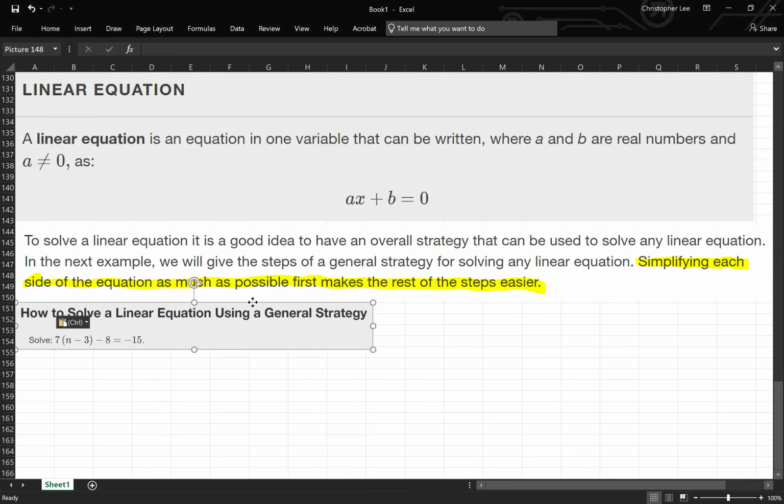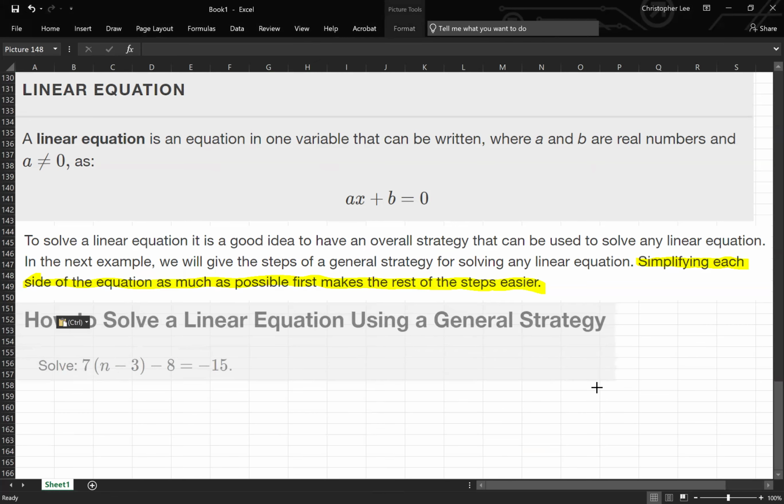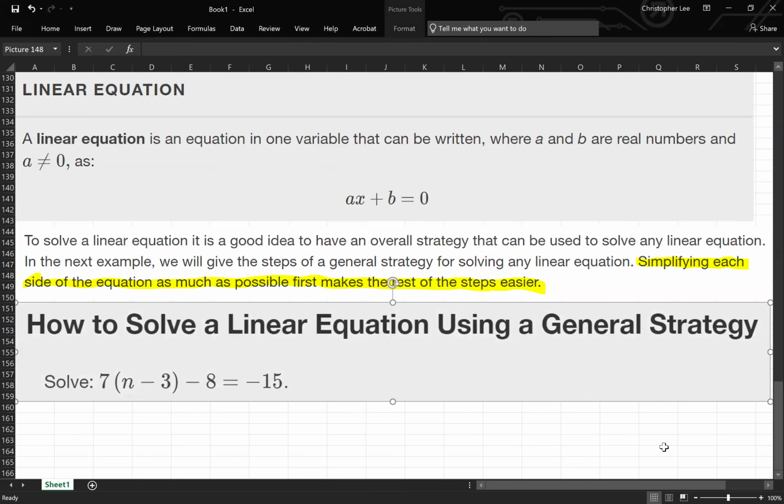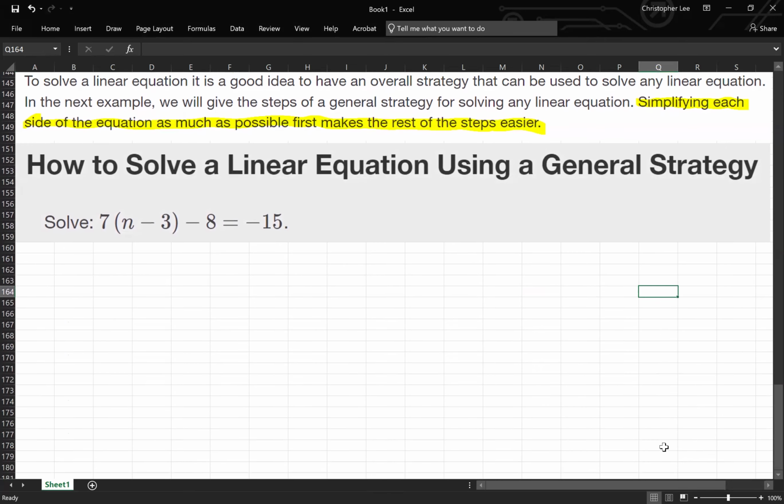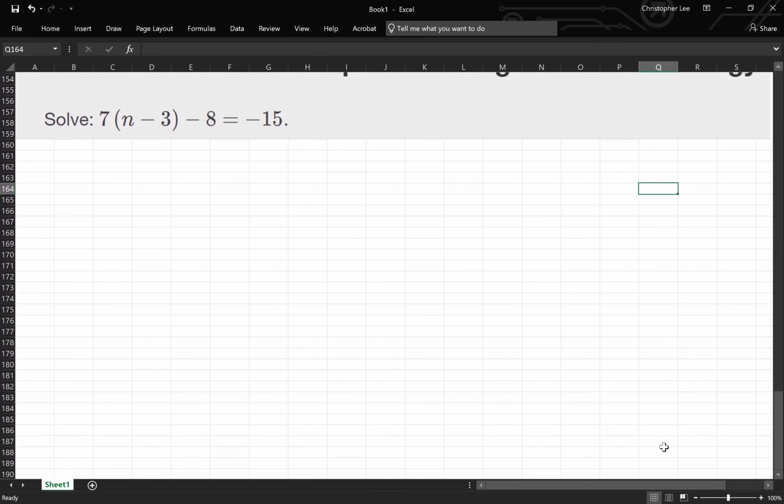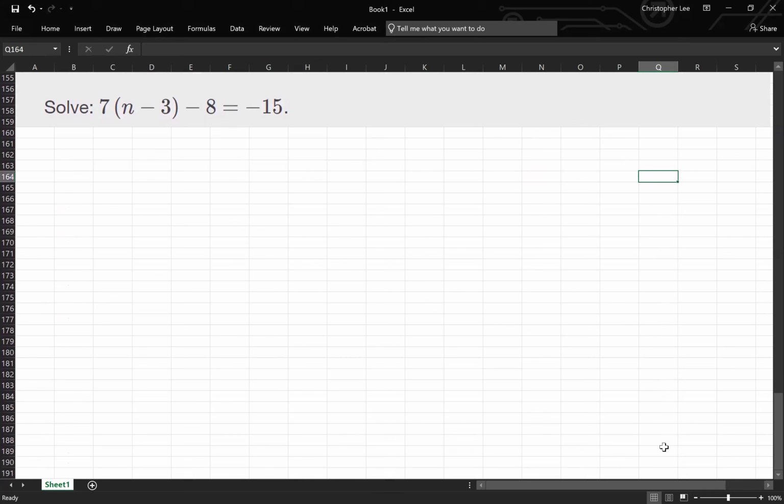So here, right? Let's talk about how to solve a linear equation using a general strategy. Long story short, if you don't even remember the strategy or anything, I'm just asking you to solve for n. That's it. Give me n equals dot dot dot, whatever. That's all I'm looking for. All right. So,